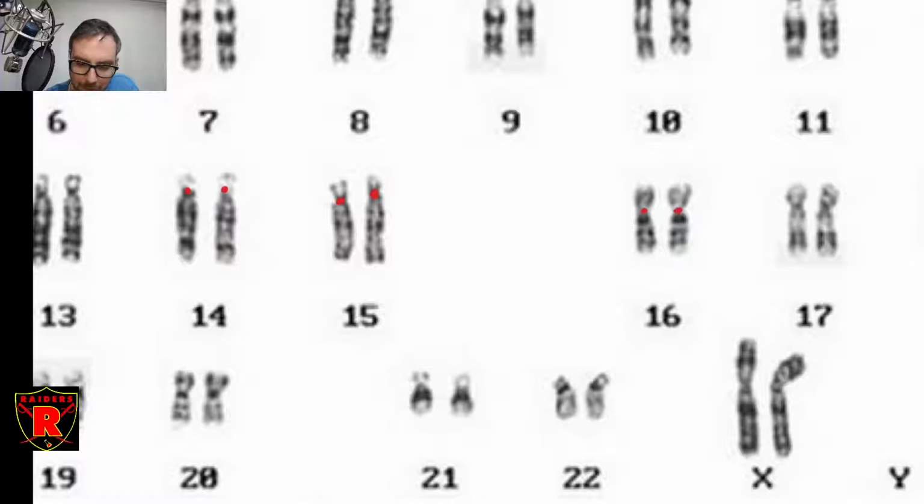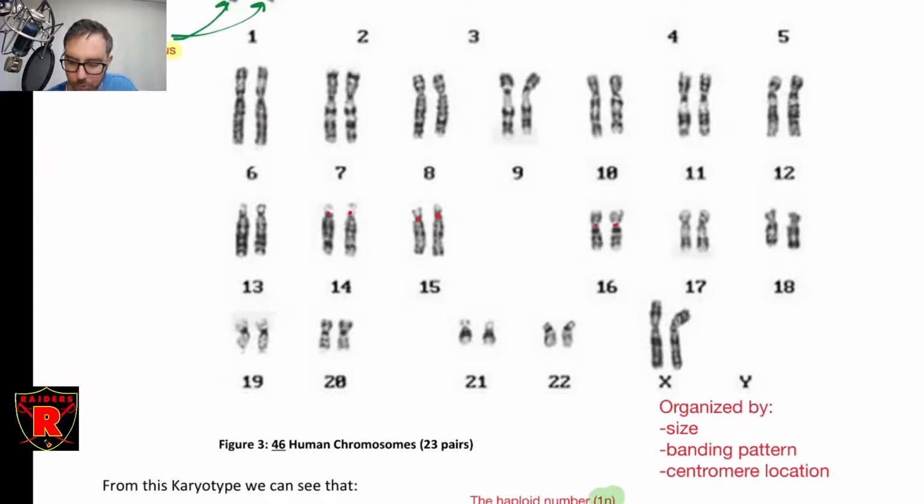So if I were to make a copy of this chromosome right here, which you do when you make a new cell, right? You're going to make copies of these. The copy is going to be attached at the centromere, and then it makes that X shape that you guys probably saw during mitosis last year when you looked at chromosomes. So they are attached to their identical sister, those are called sister chromatids, at the centromere location. So the centromere location is also used to help organize here.